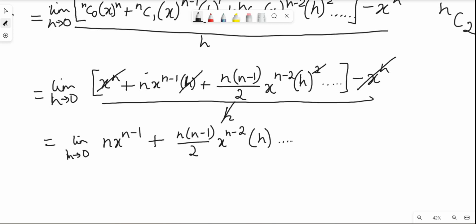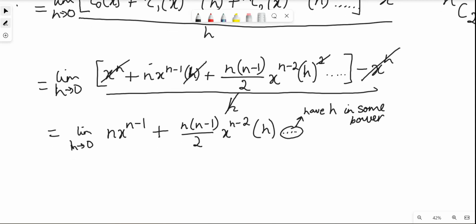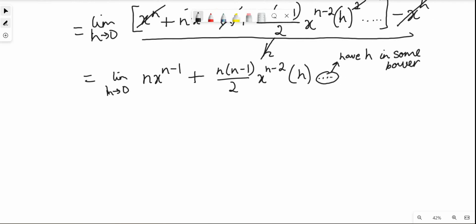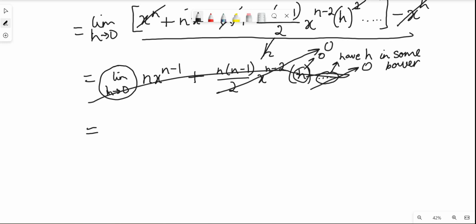So the important fact is that all these terms in this dot dot dot all include h, so have h in some power. So that actually becomes an interesting fact because we remember at the start we said the limit as h goes to 0, which means that this h can effectively be 0. So this whole term goes to 0, and all of these terms cancel to 0. Or not cancel, technically, it's just,